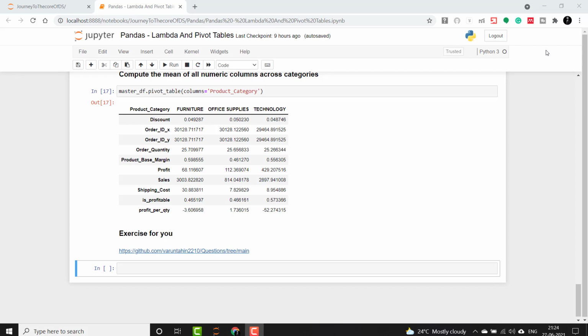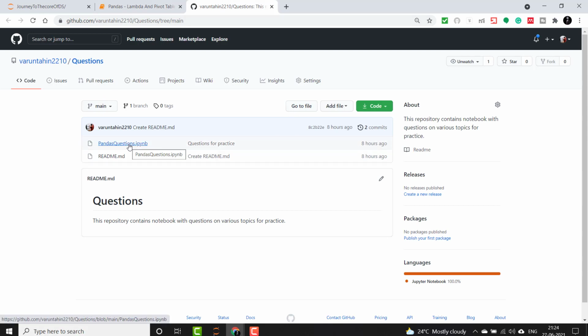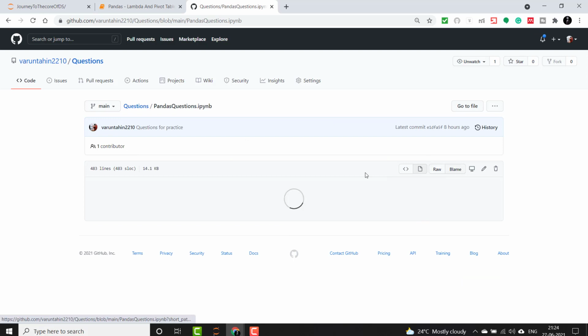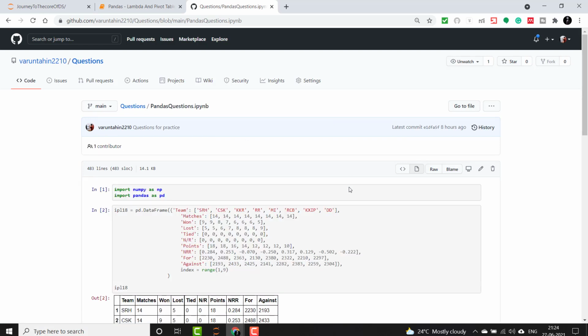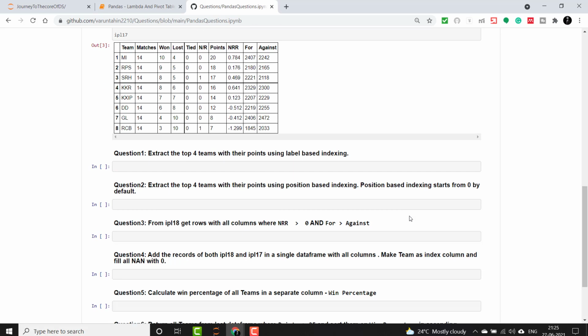So just to make you guys comfortable on pandas, I have some sample questions uploaded on my GitHub repository. So you can click on this link and go to my repository and just see this python questions.ipynb, and download it. So you can download it offline. So this contains a small data from IPL team which we have worked on earlier also. So this might be simpler for you. Please let me know in the comment section if you guys have any doubts solving them or have any questions related to topics taught. I will surely respond to them and make these sessions simpler.